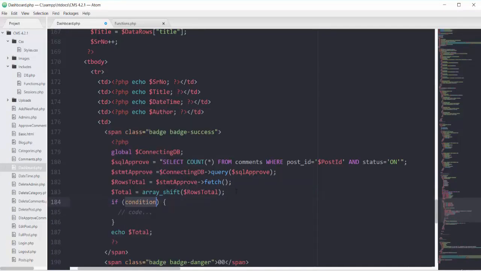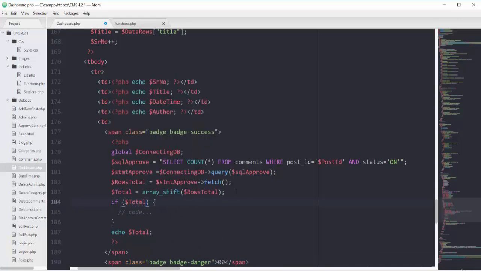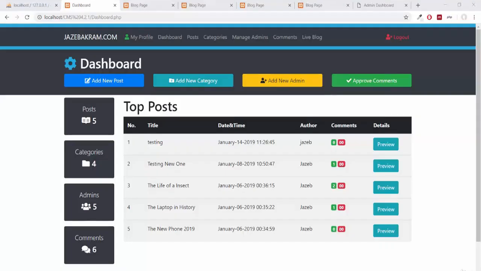So I will say that if this total is greater than 0, then you should echo the total. So I can put it here. So saving this one, refreshing my page. It's not showing me that 0 anymore, but it's still showing me the badge.